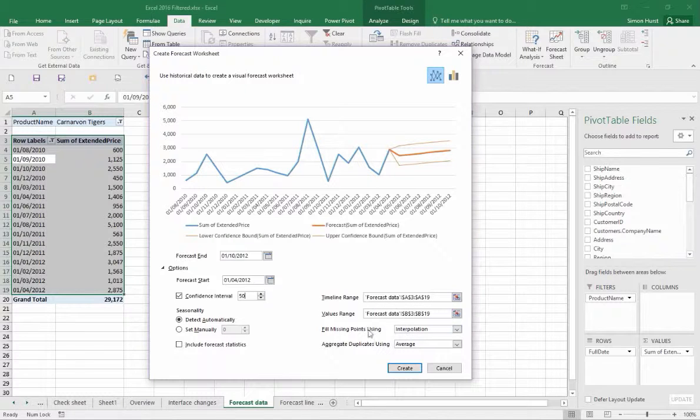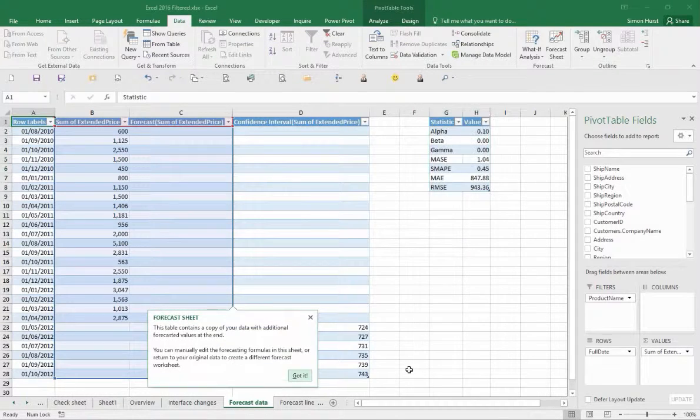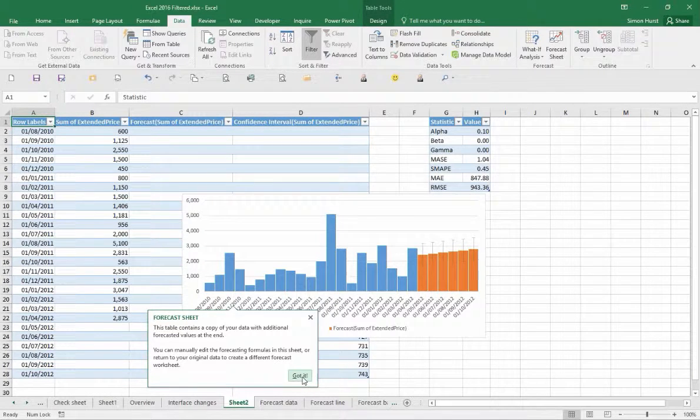We can do various things to do with how it copes with missing points or duplicate points. And we can also include, for statisticians or mathematicians, a set of forecast statistics that explain things about how the forecast is produced. The chart itself can either be a line chart or it can be a column chart. As you see here, if you use a column chart, you get error bars rather than the confidence interval lines. When you're happy with your options and the chart you've chosen, click on Create, and a new sheet will be created showing you your chart